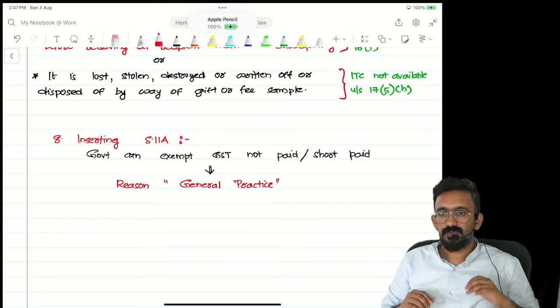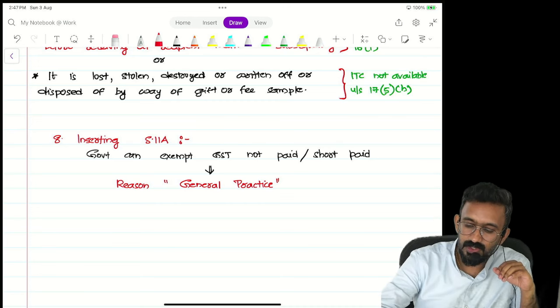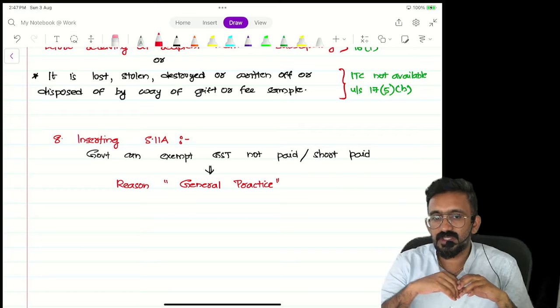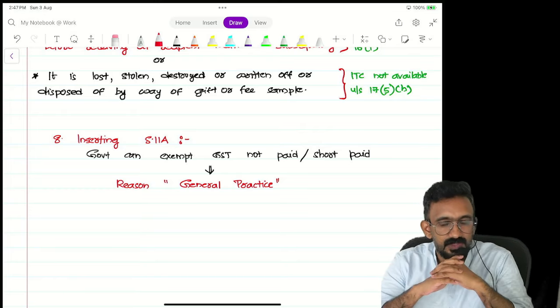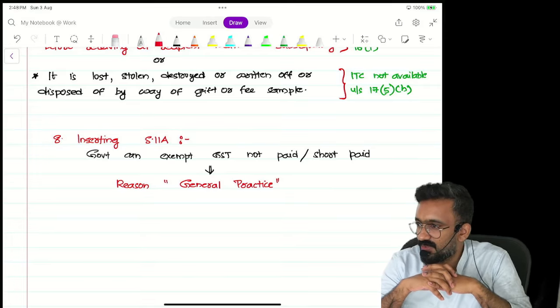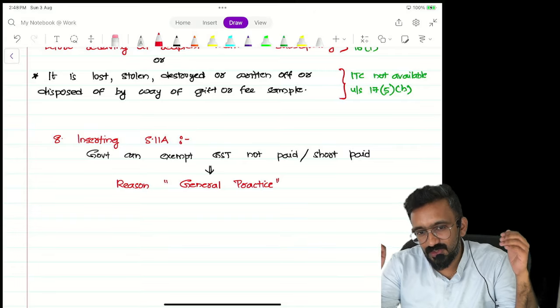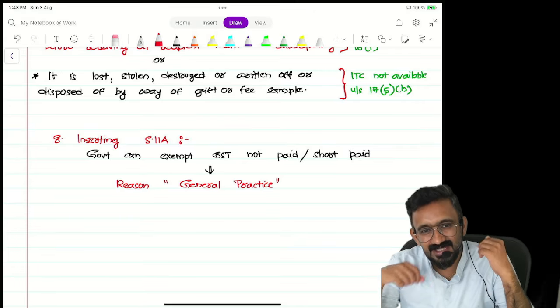Suppose there was confusion on whether GST is exempted on an item or not. Because of this confusion, somebody decided not to pay GST on an item. Later the government clarified that it is taxable. Out of general practice, people were not paying taxes. So there will be a period where they would not have paid taxes, because on clarification, it is taxable.